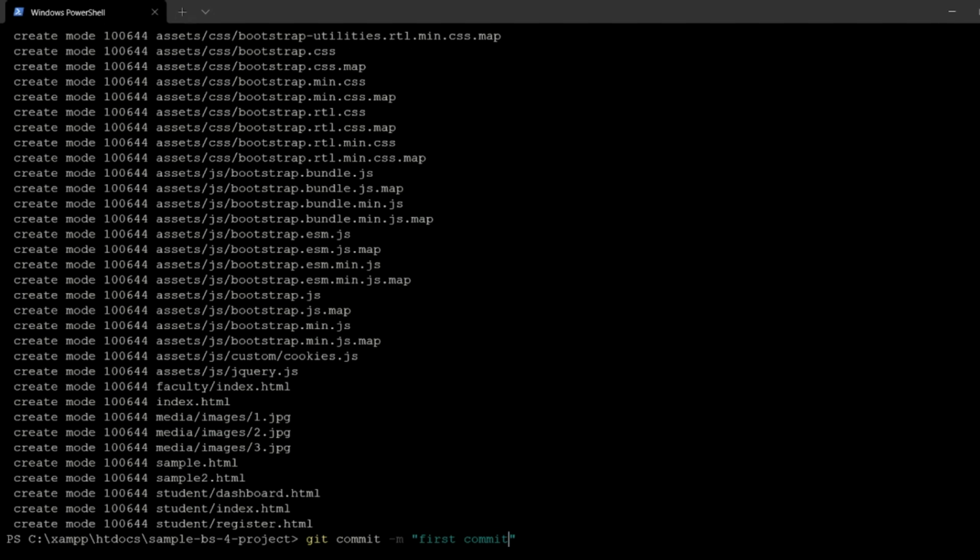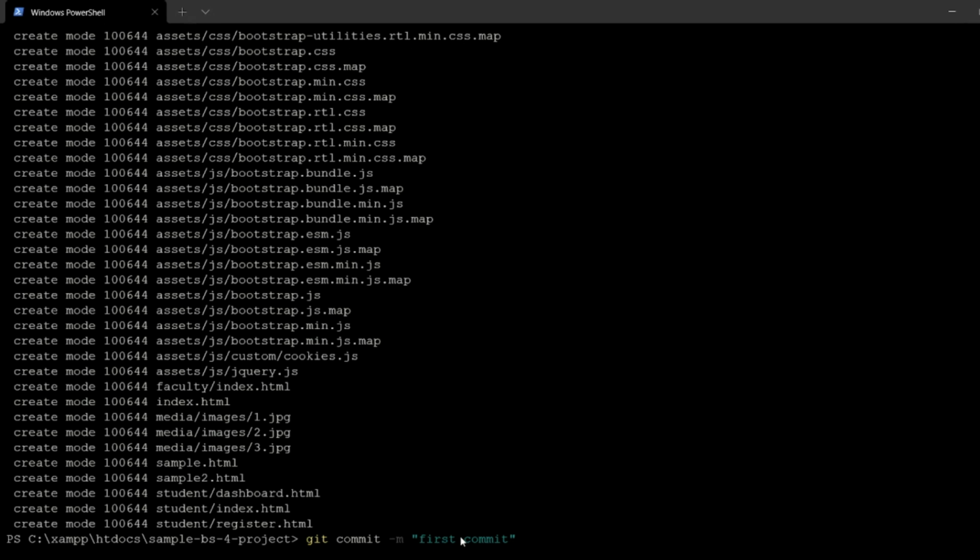You just have to type here git commit -m, which is for message, and then you have to write some meaningful message. Suppose you are changing some files and then you are making a commit. You have to write a meaningful message, otherwise there is no point in creating that commit, right? You have to write messages like this bug has been fixed, or this thing has been resolved. Problems like that, you need to address them, otherwise there is no point in using the message section.